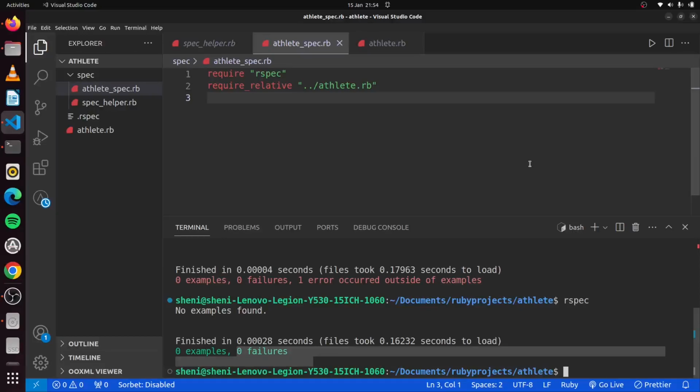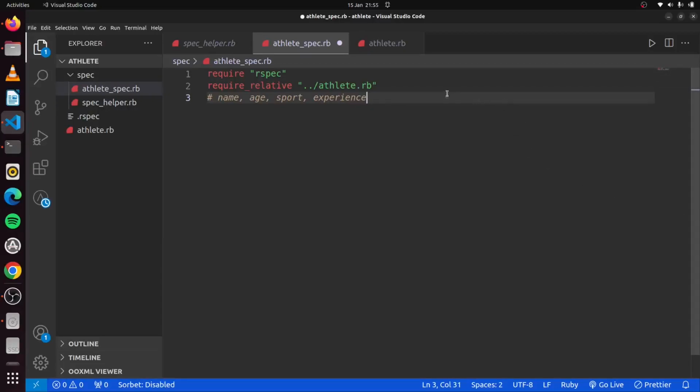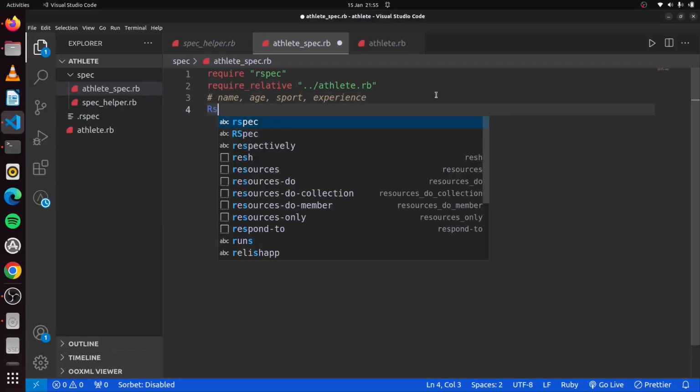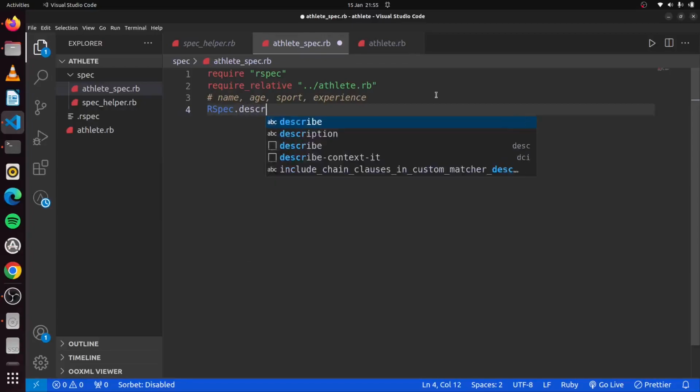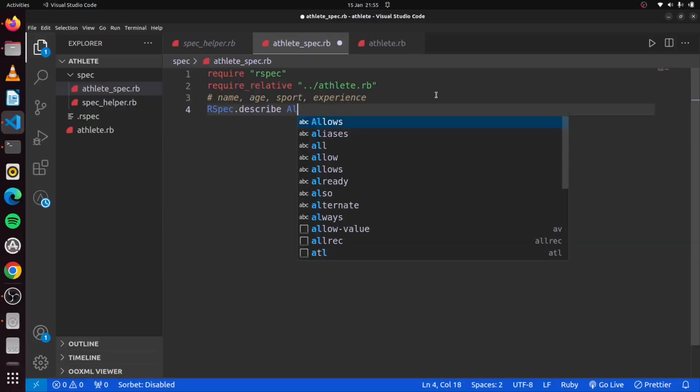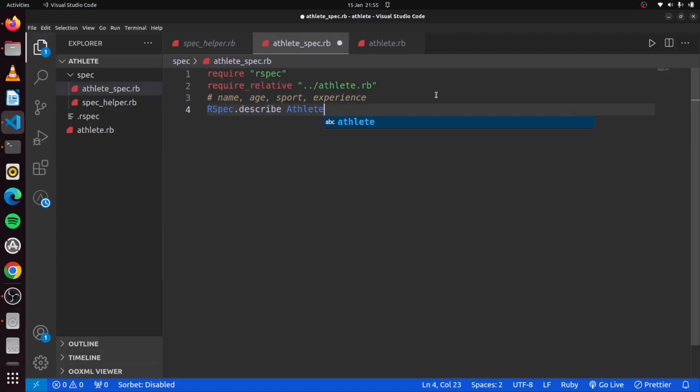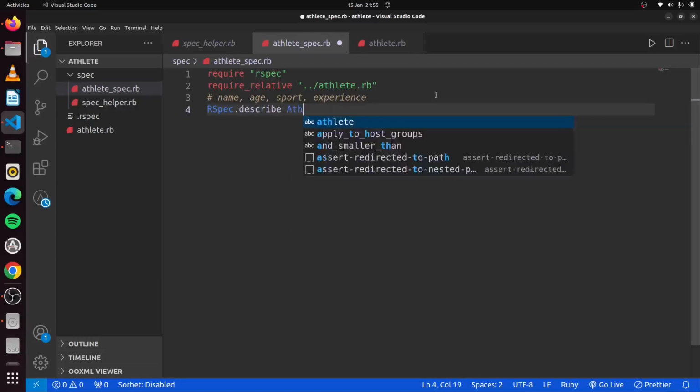So for our athlete class, there are a few things that our athlete would have. One, we want our athlete to have a name, age, the sport, and some experience level. So these are the things that we will initially set up to test. So to begin with RSpec, we begin by writing a description. So what we can say is RSpec.describe, and here we're talking about describing the class. So it can be describe Athlete. Depending on what the class is, if it was person, if it was object or anything, that will be what we'll have here. So say Athlete